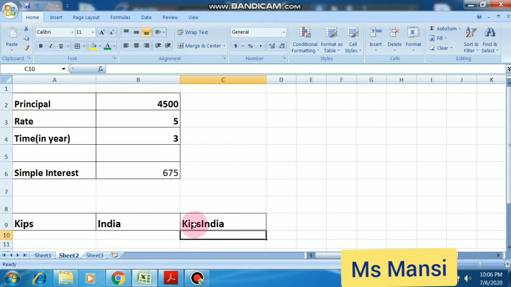If I want some space between KIPS and India, then what is the formula?